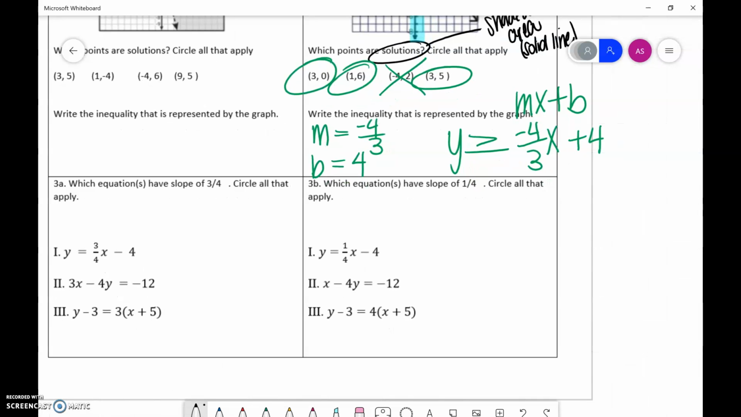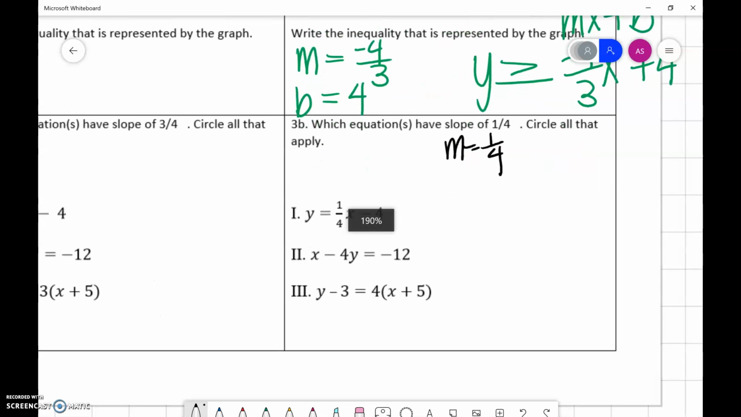3b. It says which equations, so that means the answer can be more than one, have a slope of 1/4. So m equals 1/4. And we're going to circle all that apply. Okay, so if we look carefully at these